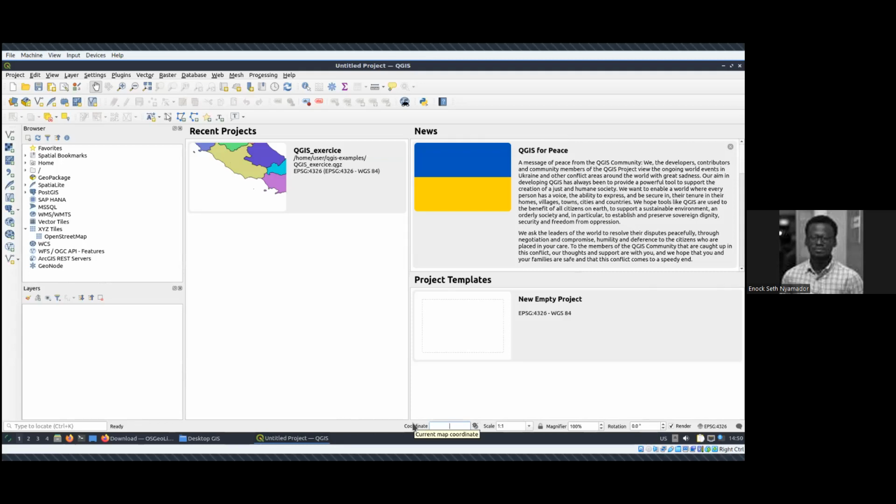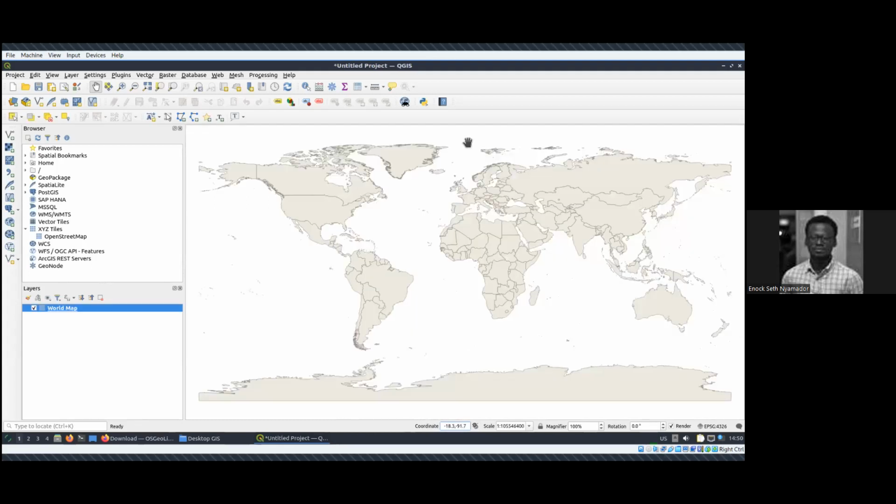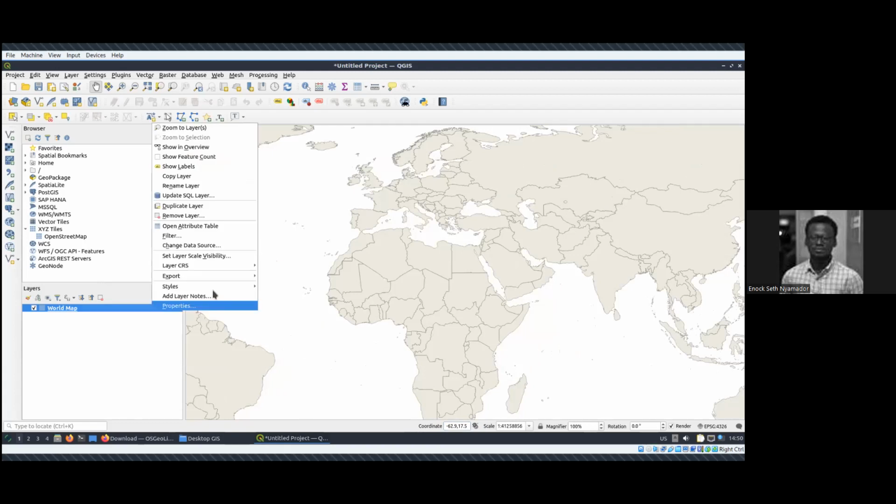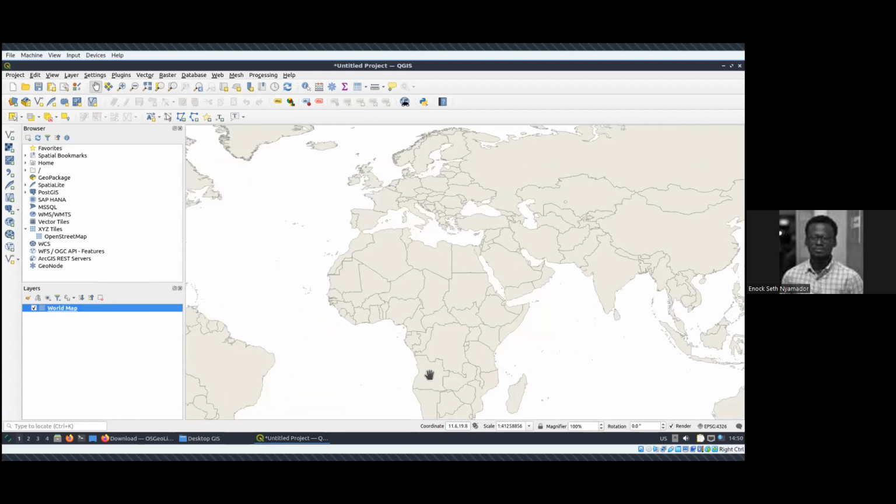You can just type world in the coordinate box, and voila, you have Natural Earth data for, I think, admin 0. So you can have the countries around, and then you can reuse this. It's read only in QGIS, but if you need to reuse it, you can save it again or select the one that is of interest to you.